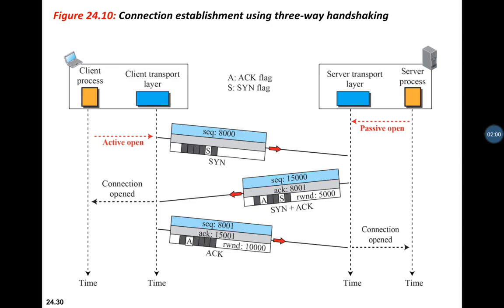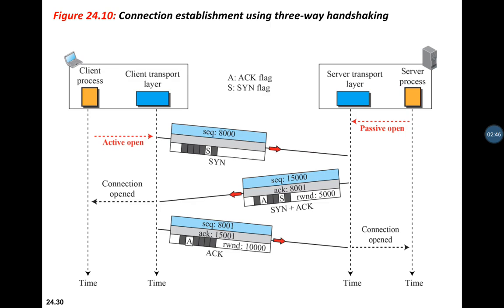You can see in the figure here, the application program called the client wants to make a connection with another application program called the server. Using TCP as a transport layer protocol, this has to be done. Initially the process starts with the server. The server program tells TCP that it is ready to accept a connection, and this is said to be the passive open request. You can see it written in red near the server. It is said to be passive open.